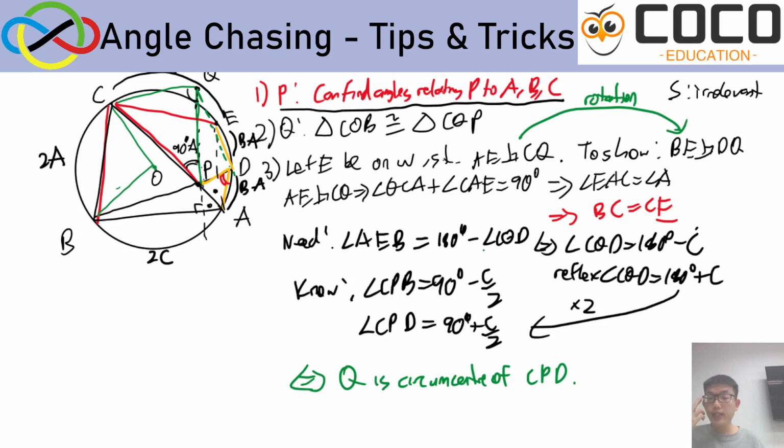Now, in order to get that Q is the circumcenter of CPD, I now know where everything is. So I should be able to just use the angle at the center is twice of the angle at the circumference of something else, which hopefully is not the CQD itself. That's great then, because I have marked down here, I know what CQP is. Well,